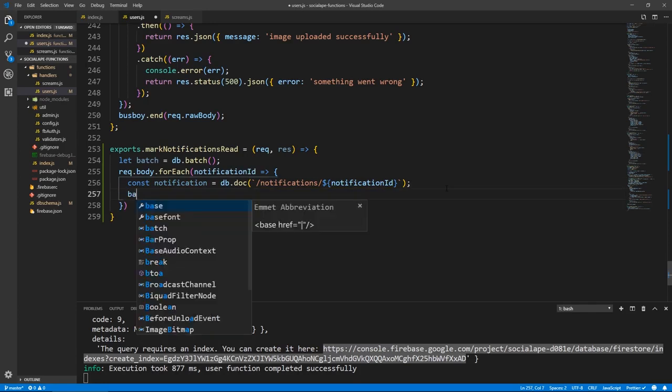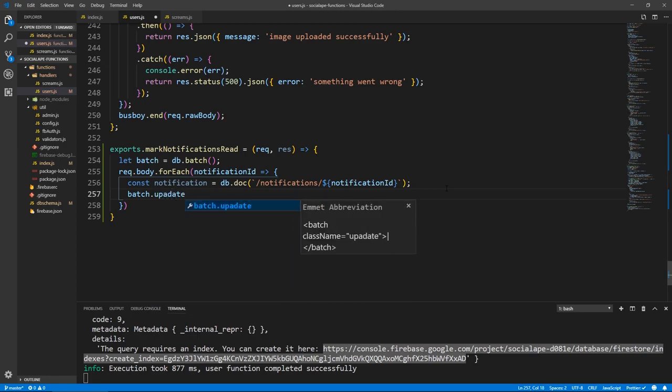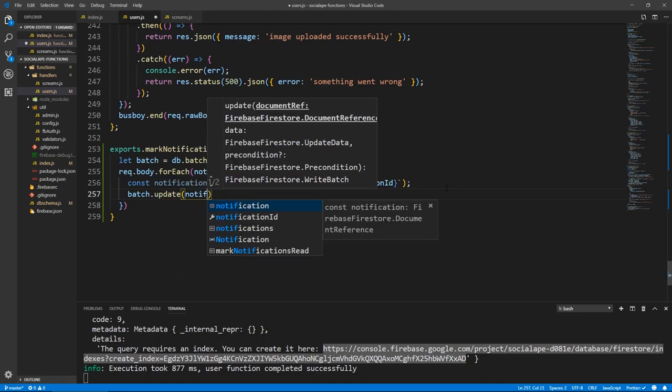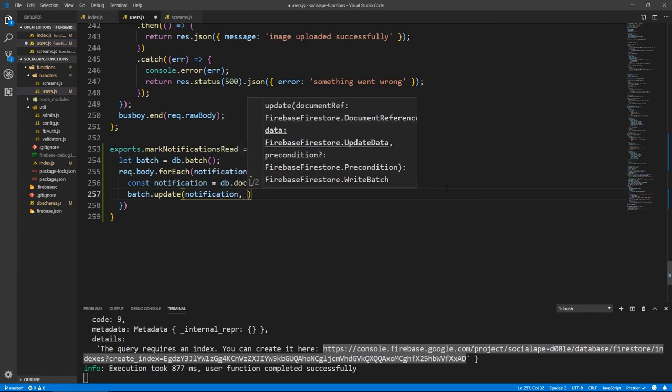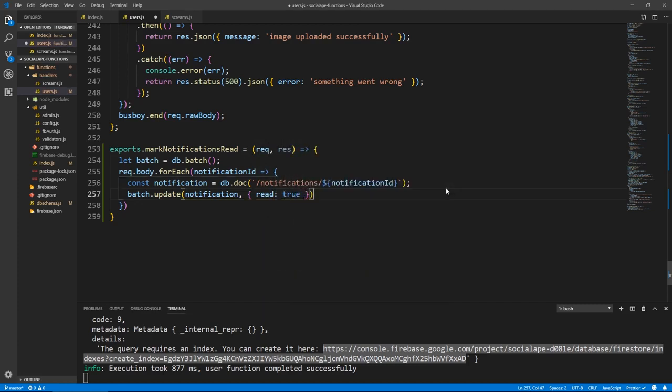We need to do batch.update, I misspelled that, update, and this is going to take a document reference, which is the notification that we just created there, and what we want to update. So the key is read, and we want to make it true because the user has just read this.